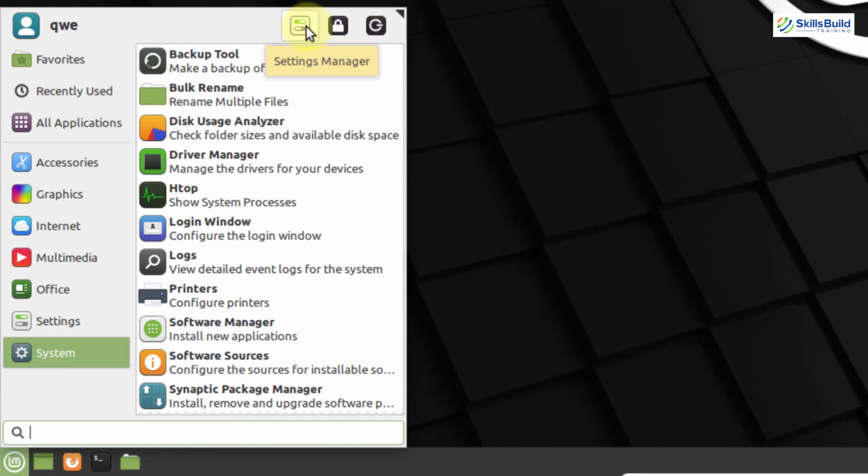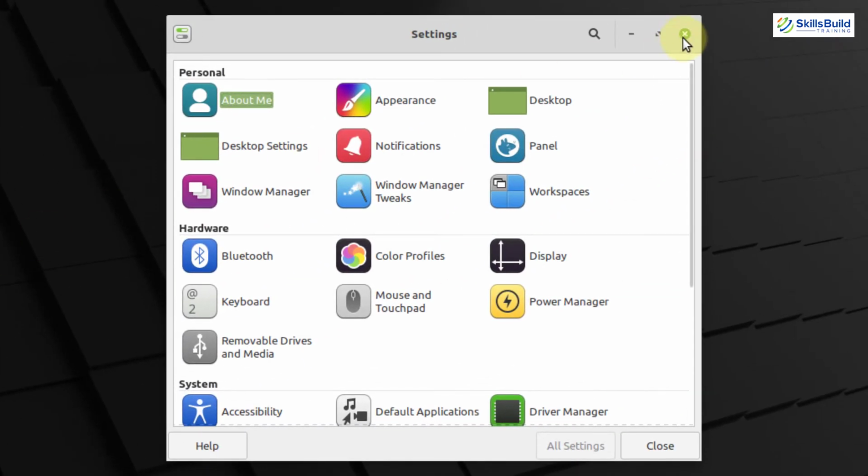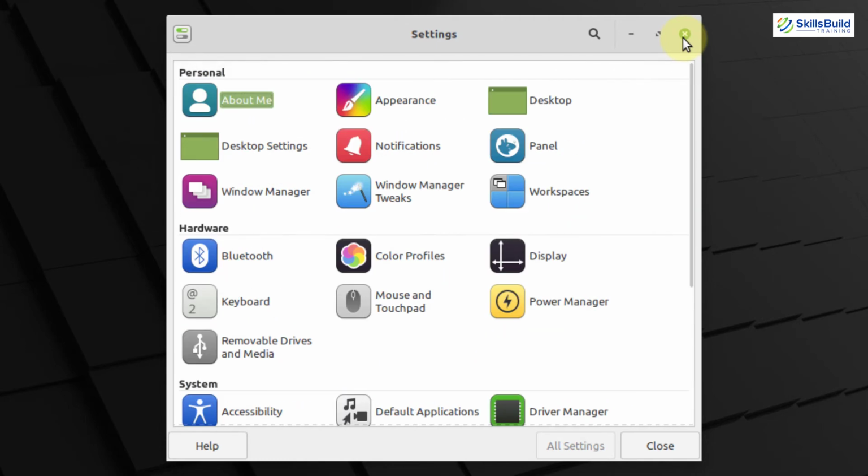They also have changed the setting manager position. It used to be on the left side of the window, but now they have also shifted towards the top. Let's go into that and let's see what we have in here. So as you can see, everything is changed in terms of the interface. We have small categories of each and everything. I will just close this one.